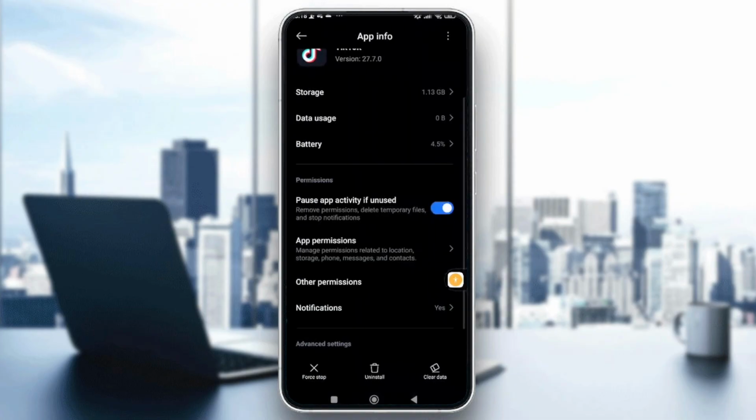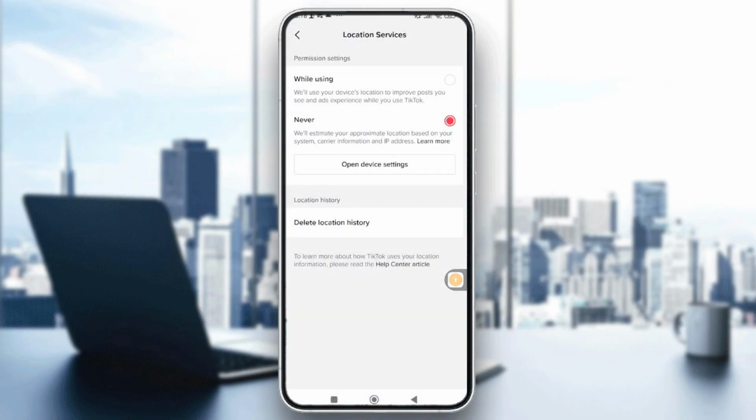Okay, so now get back to your app TikTok, and then click on delete location history. So after that, I just want you to go to your phone settings and change the region. And after changing your phone's region,